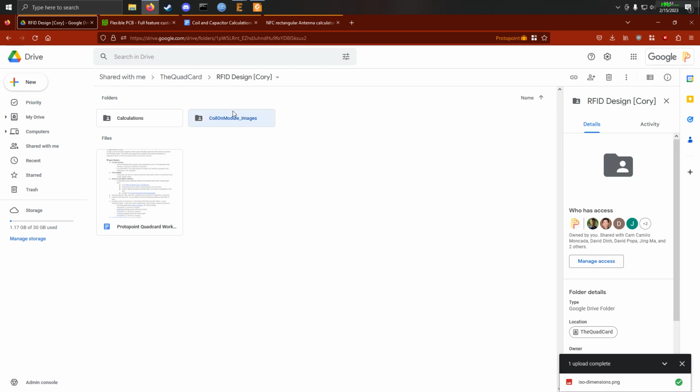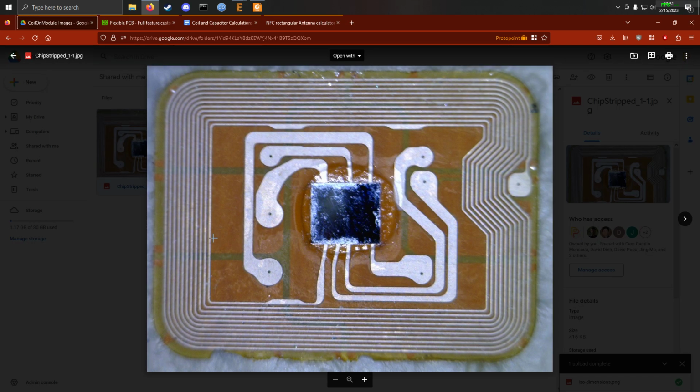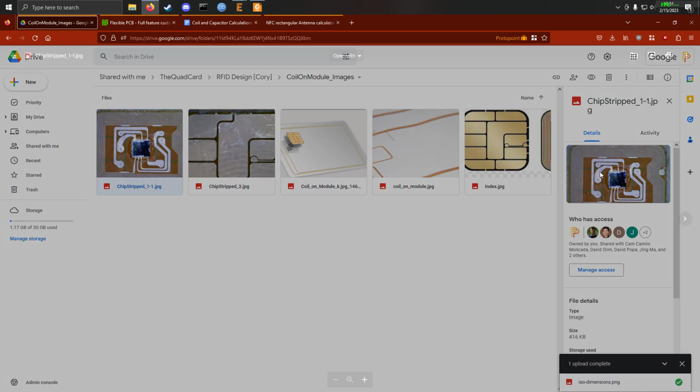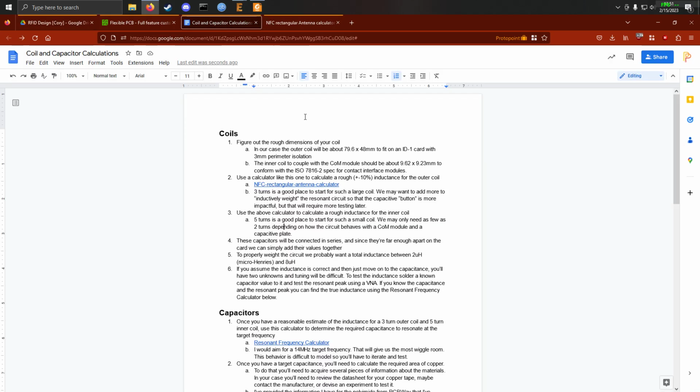We've seen pictures of them, but for a coil module, this would be an example. This one has 12 or 11 turns on it. So we're going to need a significant number of turns to couple well with that. So let's start with 5. We don't want to crazy overdo it